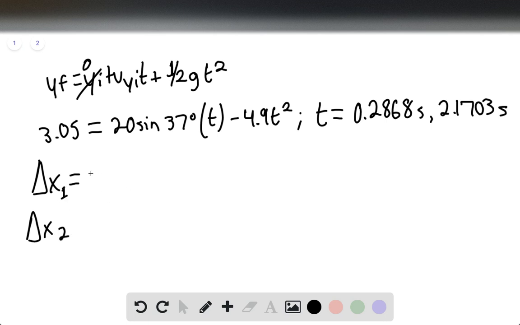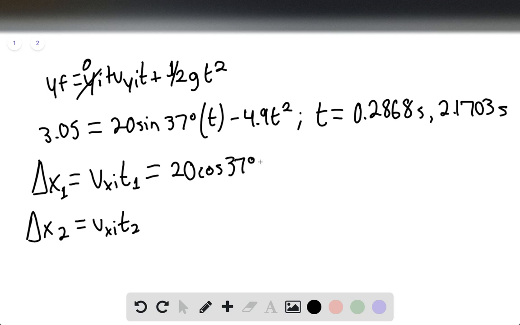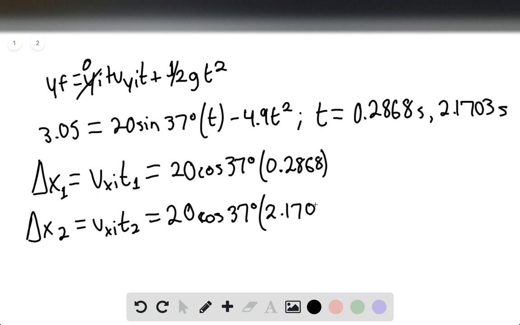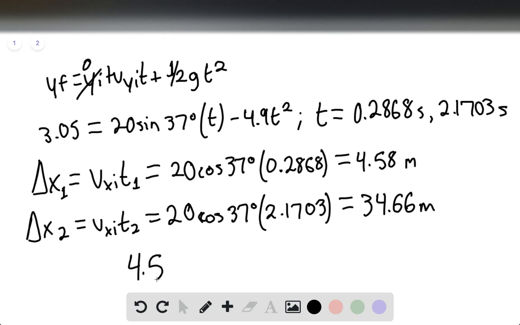And this will give us Vx initial t1, and then this will be Vx initial t2. And this will give us 20 cosine of 37 degrees times 0.2868, and then this will be 20 cosine of 37 degrees times 2.1073. This is going to equal 4.58 meters, and this will equal 34.66 meters. So essentially, in order to make the goalpost, you need to be between these ranges,